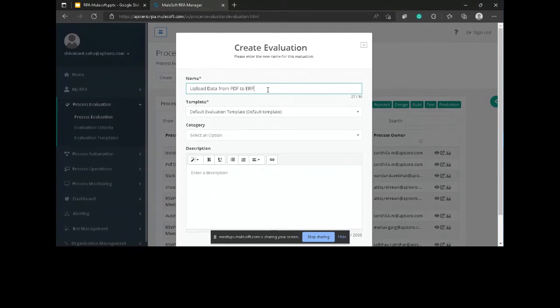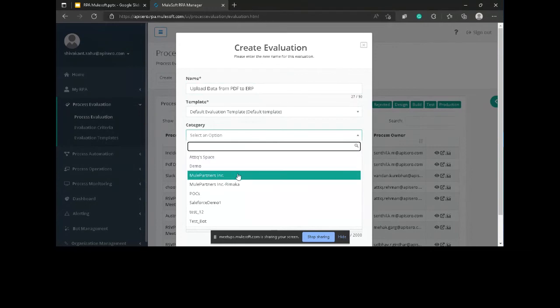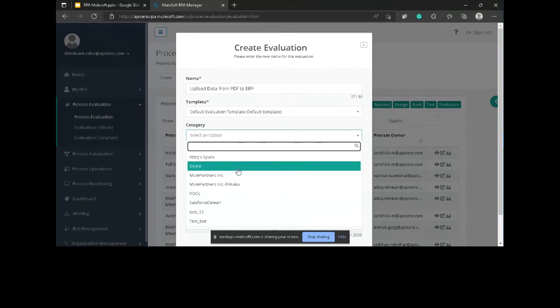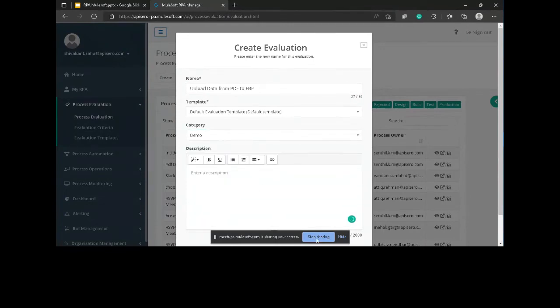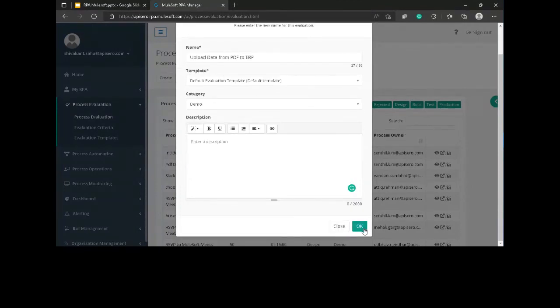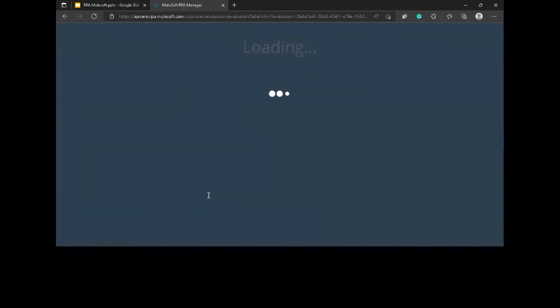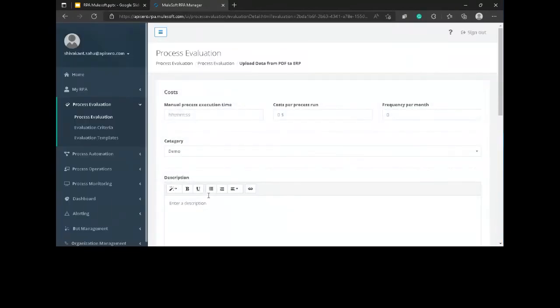Let's suppose this is the evaluation we are trying to do. We are using default, and we can choose demo. So this is the first step, where you go for a process evaluation. I created a process.